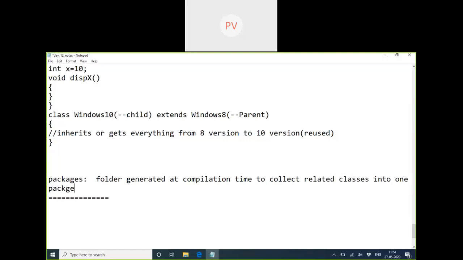The benefit of that is whenever you want to reuse those package classes once again, from some package, we can just import it.